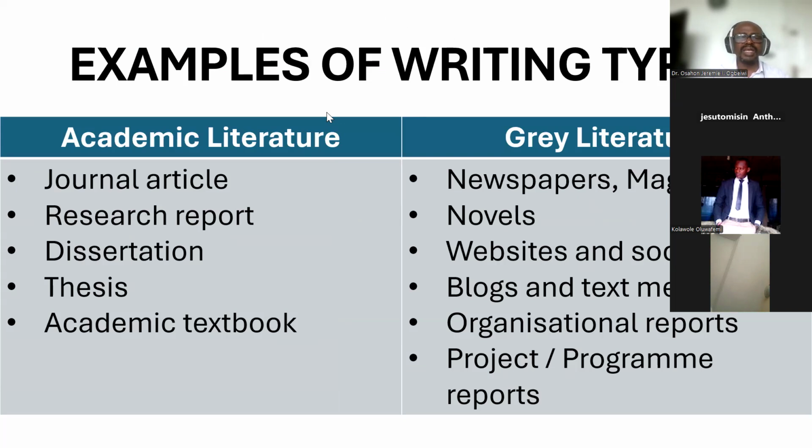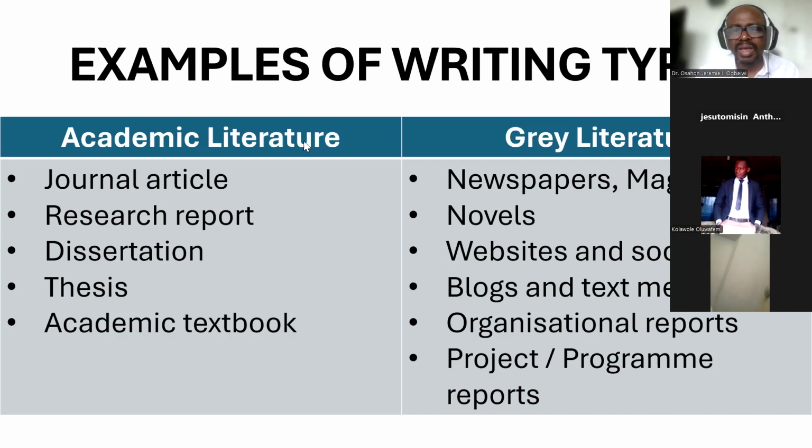Okay, and academic textbooks are textbooks that are structured and written for an academic audience. So that is what really makes them academic, unlike other books that are published for the general audience, in the newspapers, magazines, and novels,